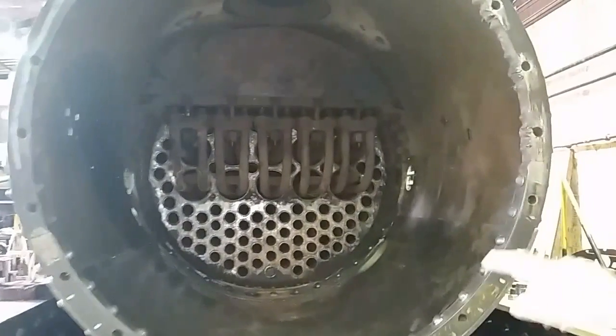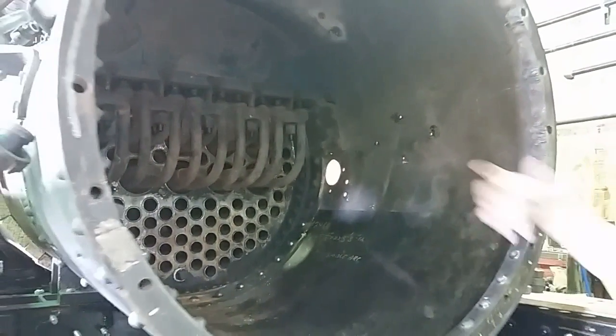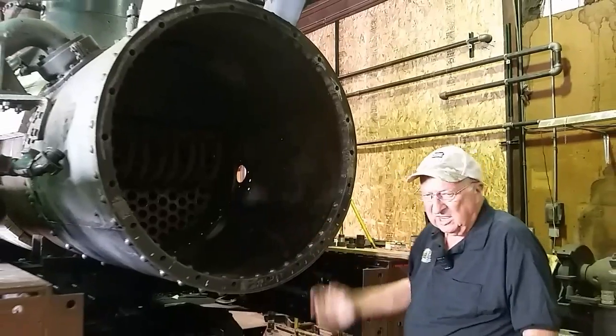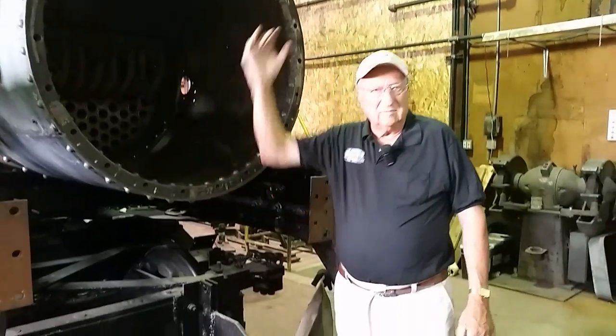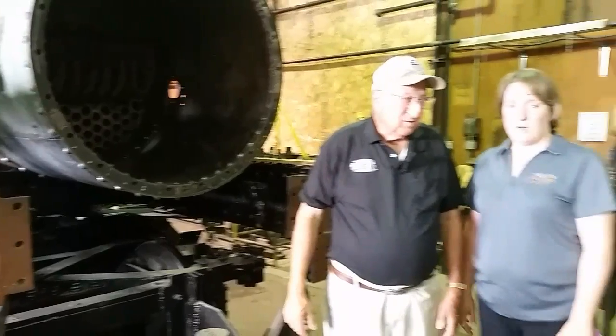And so those tubes are called fire tubes, and they are surrounded by water. And so the fire from the coal that's burning, the heat is coming through these tubes and heating up the water that surrounds them. That water then is turned to steam, and then that steam is directed into the cylinders. Great. So I think that is a much